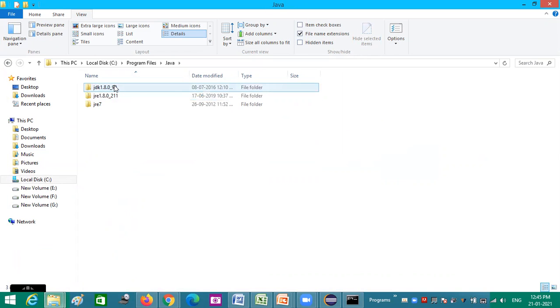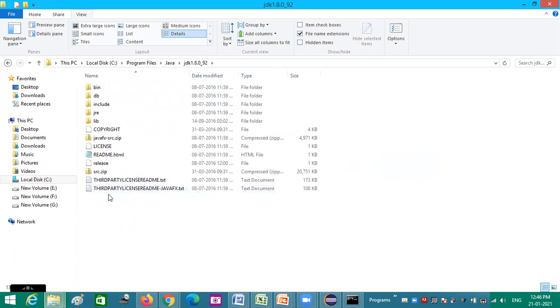You could see I installed it in 2016, so a latest version may also be available; you can refer to that. So this is the JDK package. It will be available as a zip file on the net. Oracle Corporation has everything freely downloadable. You can download and install it, and inside that all the necessary things are available.